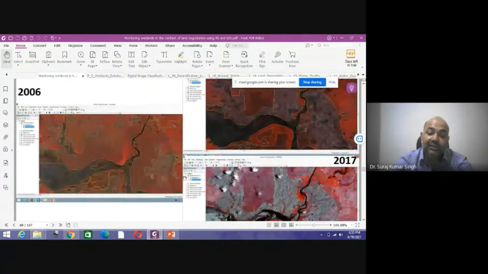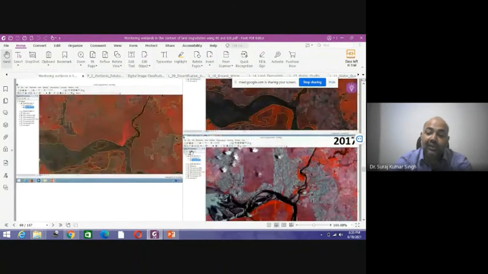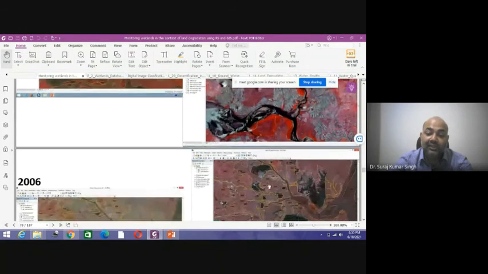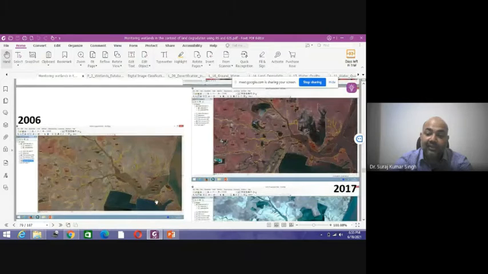In the same way, you can see here also new features have come up, and that can be easily identified using the satellite images. The same is here also. You can see a large water body has increased, because of the various mitigation and management activities that the state government at local level and the central government in association with the state government is providing, with various government funds for the restoration of the land and maintaining the productivity of land.